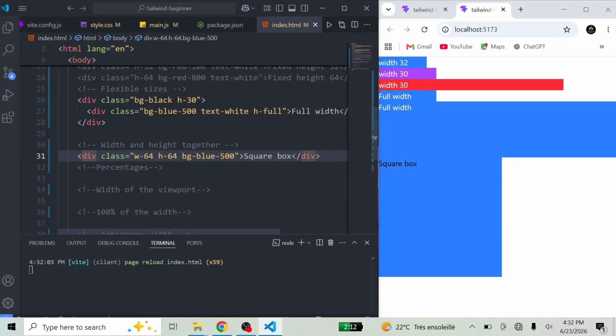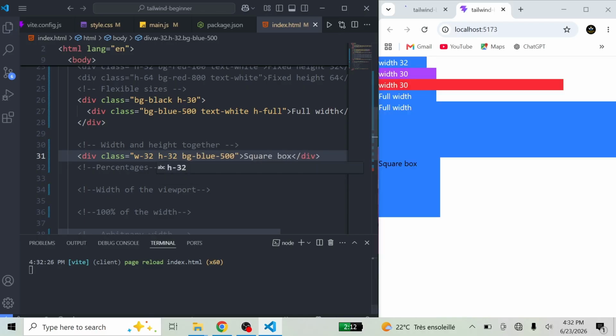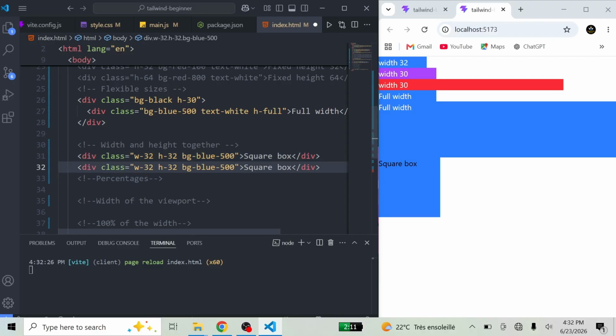Now you can get the score, but I'll just reduce it to 32. Then you can see the square box is there. I may want also a rectangle box. Just right here, rectangle